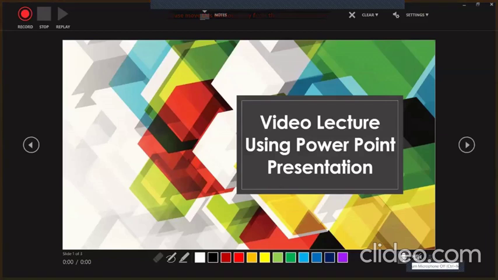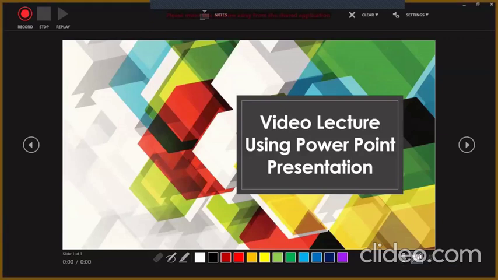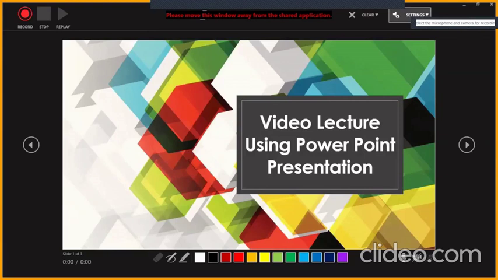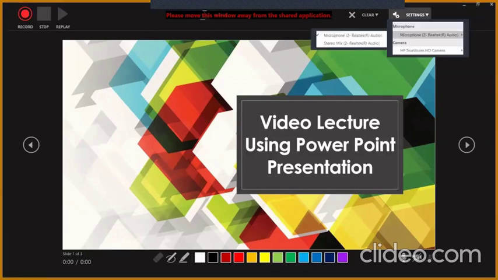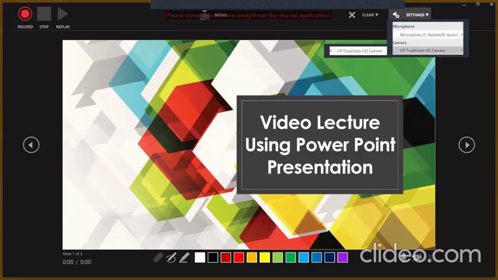Here the microphone is plugged in, that's why you can see this icon is on. If you want to go for a video recorder, then you have to turn on this camera mode. The best part of this is you can adjust the settings for your microphone and the webcam by going to this settings option. When you click on the drop down menu, you can adjust the settings for the microphones and the same for the camera.